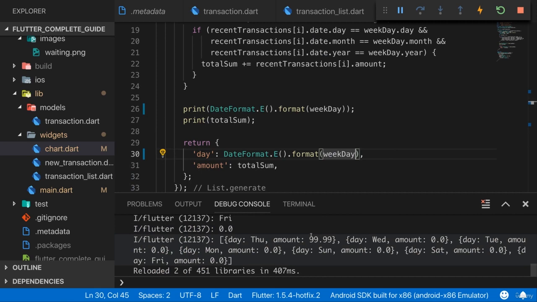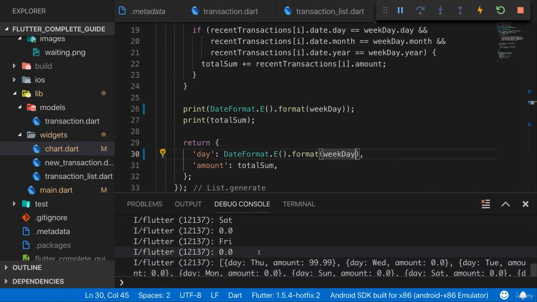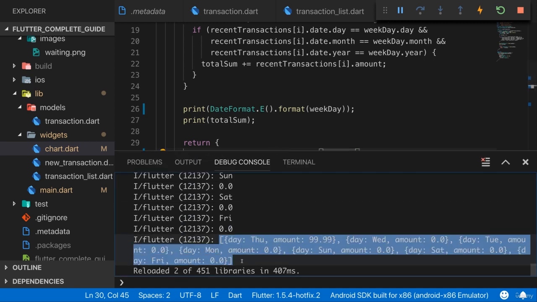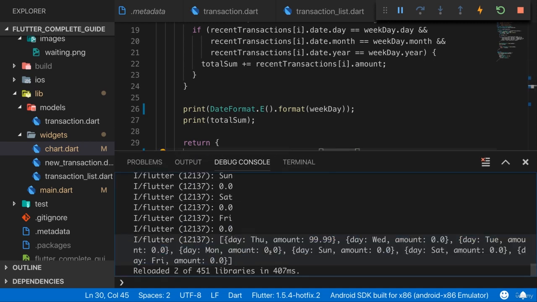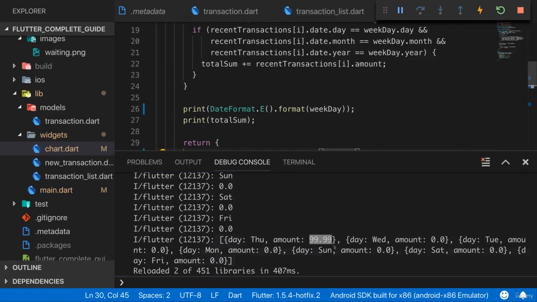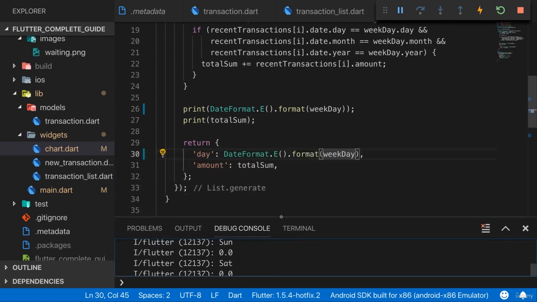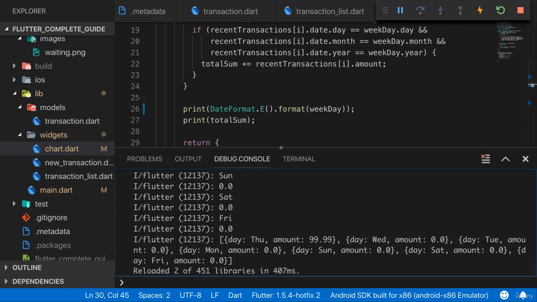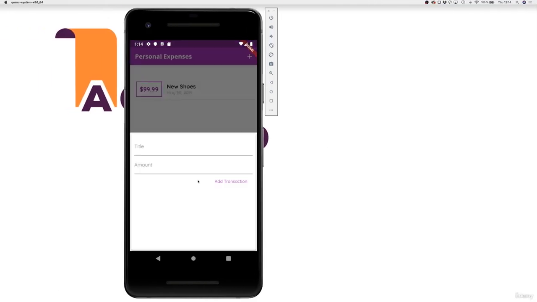And if we now scroll down, that looks better. And indeed, what we see here is a couple of things. This is the overall list that was generated, and this looks good. It has a list of days with the different weekdays. And we see 99.99, which is the value I added today on Thursday. And today indeed is Thursday. So this is working, and it's generating this correctly as it seems. Let's validate it by adding one other transaction,